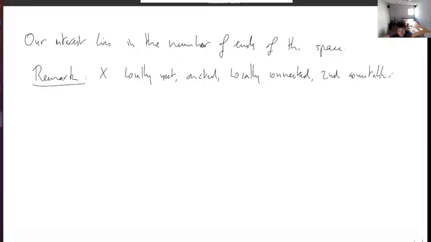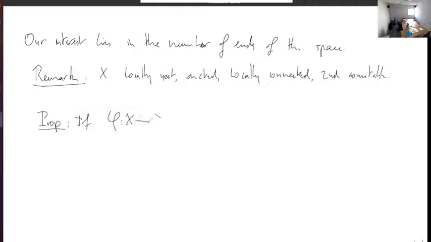You only need these properties to define ends, but since we are going to apply it for Cayley graphs, these are already metric spaces that are proper and geodesic. So it's fine. So the first thing, if we want to consider the number of ends for a group, is to show that it is a quasi-isometric invariant. So if